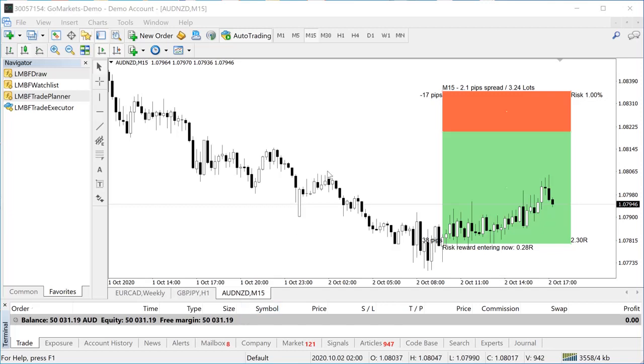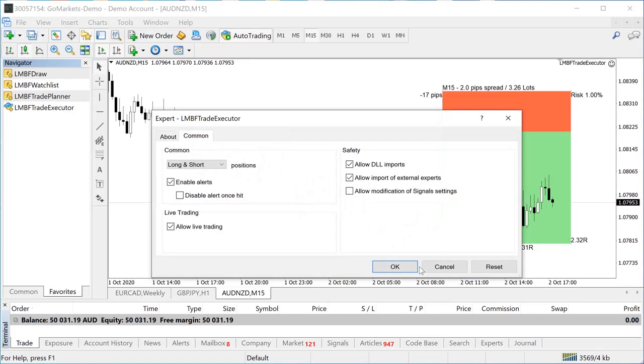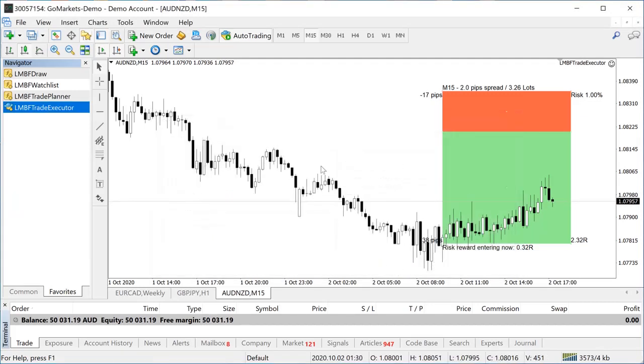So that kind of concludes what you can do with the Trade Planner. With the Trade Executor, you can then actually place your trades and manage your trades. I'm just going to drag the EA onto the chart. Again, you can add this to your default profile if you want it to be there every time you